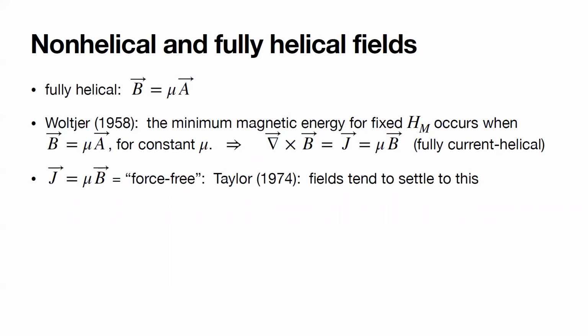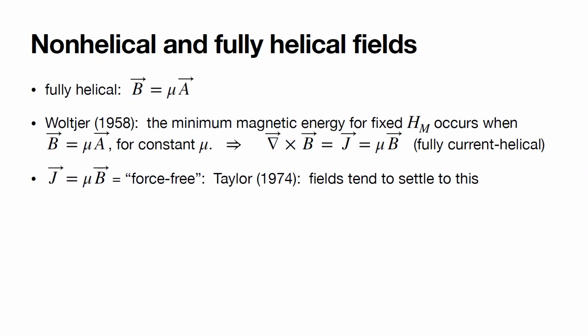Okay, so that's neat. When it's a constant, then I can curl both sides, right? I get del cross B, that's J, and on the right hand, I get del cross A, that's B, right? So my fully magnetic helical field is also fully current helical. For reasons that I'll tell you in a bit, this J and B parallel to each other configuration is called force-free. And Taylor in 1974 realized that magnetic plasmas are going to just sort of naturally settle to these force-free